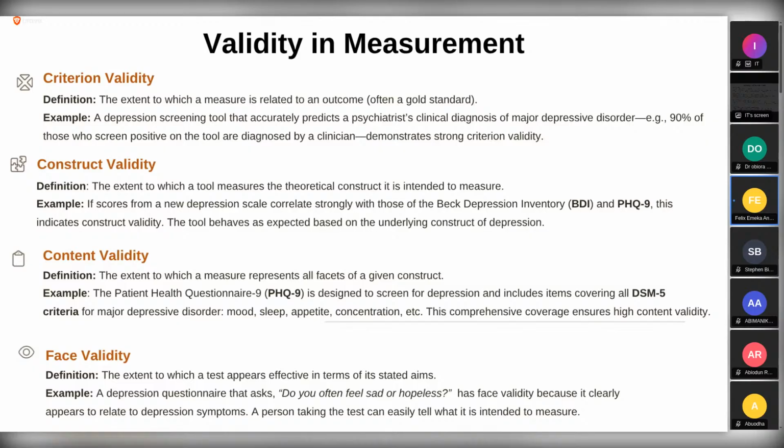So if you're asking somebody, especially when you're measuring depression, "Do you often feel sad or hopeless?", the person understands what sad means, and the person understands what hopeless means. So when they give you a response, they are not guessing what sad means, or what hopeless means as it relates to depression. They know. So whatever answer they are giving you is an answer intended for the question you have asked that you want to measure.